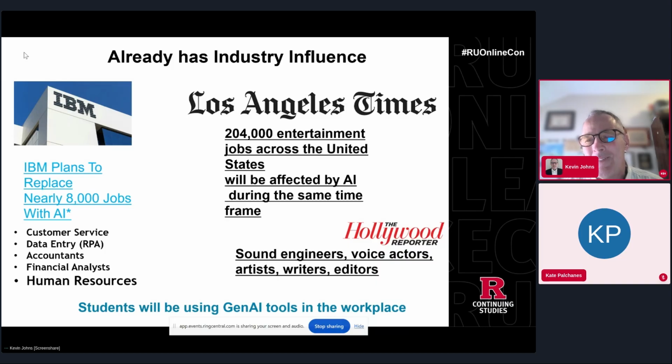But the question comes up, and again, I've seen this being discussed at conferences, okay, Gen AI is going to create new jobs. That's a true statement. But Gen AI is also going to replace jobs. Both statements are true. There's no way to duck out of that. The question is, what's the net going to be? Is it going to create more? Is it going to end up taking more jobs away? I don't know the answer to that as of yet. It's a wait and see type of thing. One thing that is a true statement is down below: students are going to be using Gen AI applications in the workplace. That is a true statement, and I tell that to my students every time I present these slides to them.